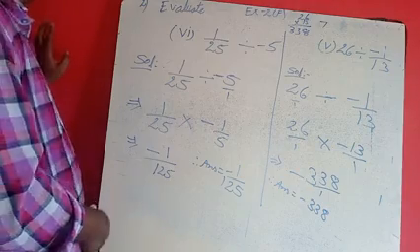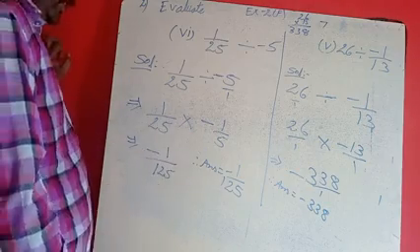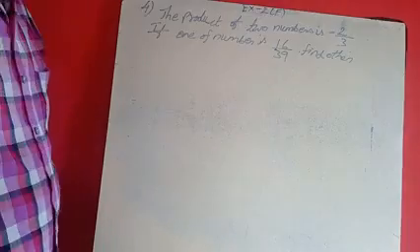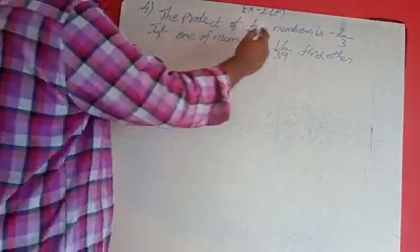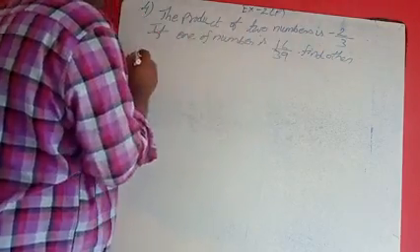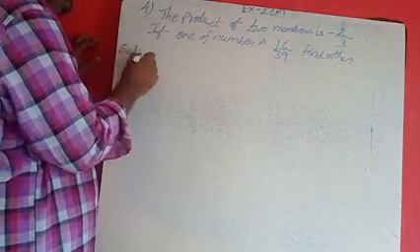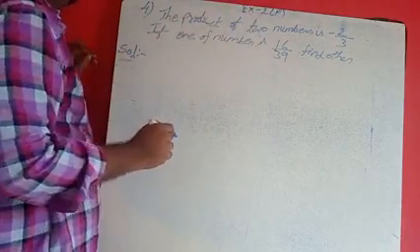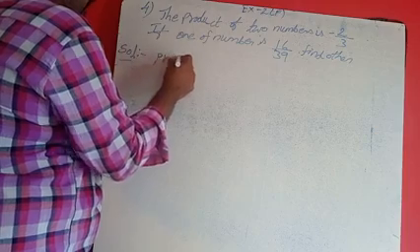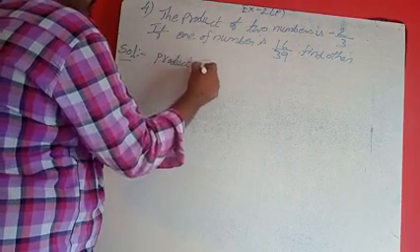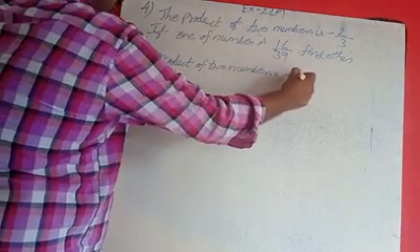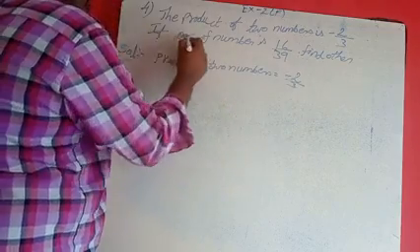Here is the test. Now with this, small sums are completed. We are doing the statement sums. According to completing that, we are doing now. The product of two numbers is minus 2 by 3. If one of the numbers is 16 by 39, find the other. This is the sum given, the fourth sum for us in the 2F exercise, in continuation. So the product of two numbers is given. Shortly I am writing: product of two numbers is equal to minus 2 by 3. First number is given.